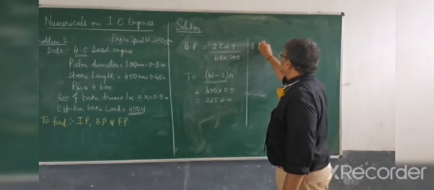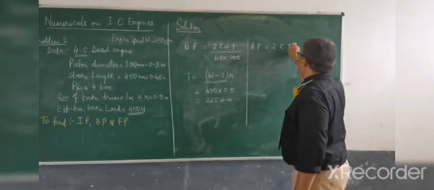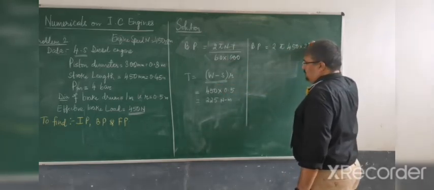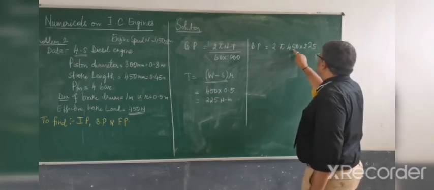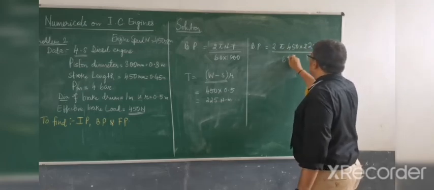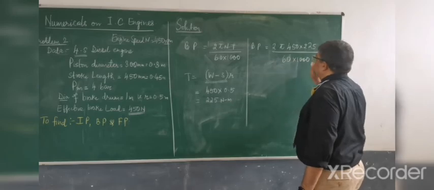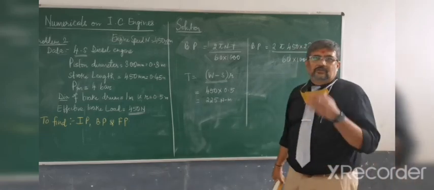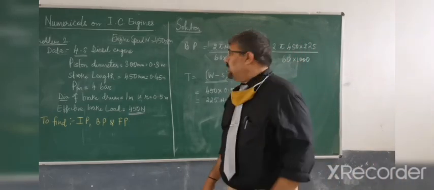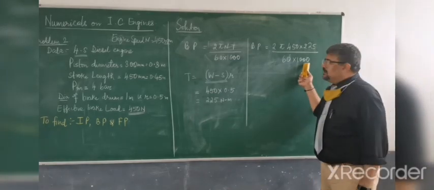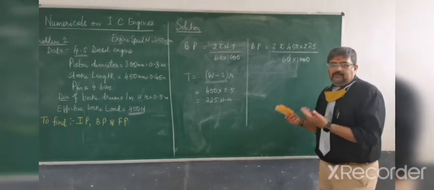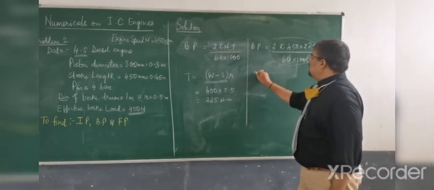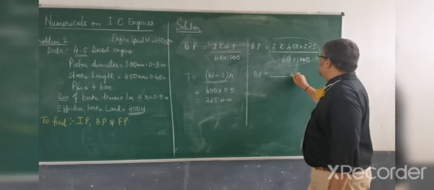Now once you find out the value of T, you can find out what is the brake power. So brake power will be 2 pi, the value of N is again 450 into 225, that is 2 pi nt divided by 60 into 1000. Okay, so because this value is in Newton meter, we want to convert that into kilonewton meter. So we divide it by 1000 here. Okay. So finally you will get the value in kilowatt. So again using a calculator, find out this value. So you will get the brake power as so many kilowatt.